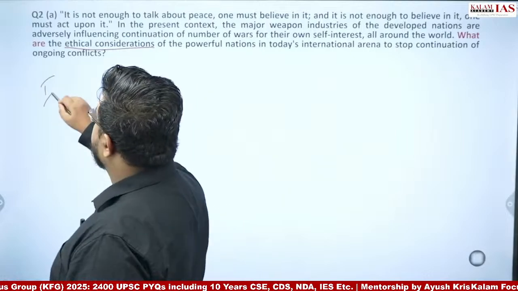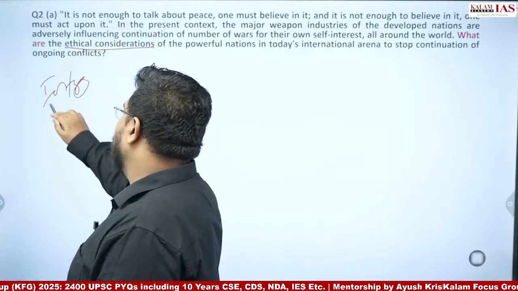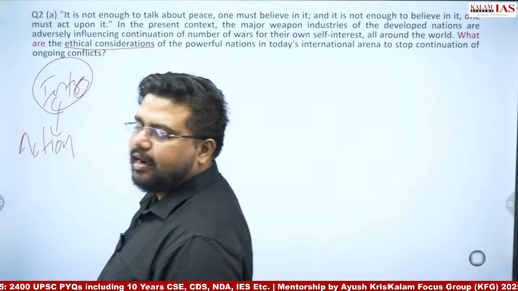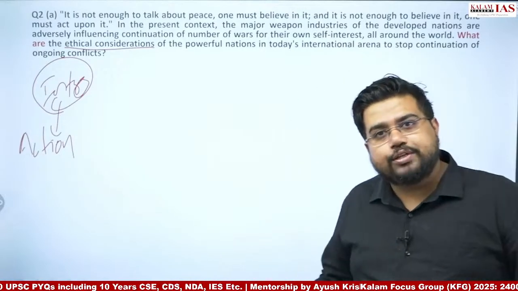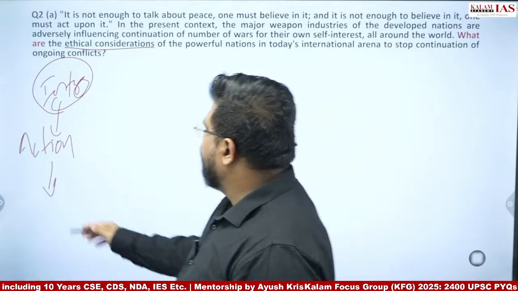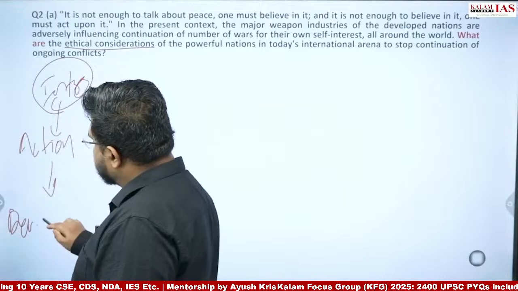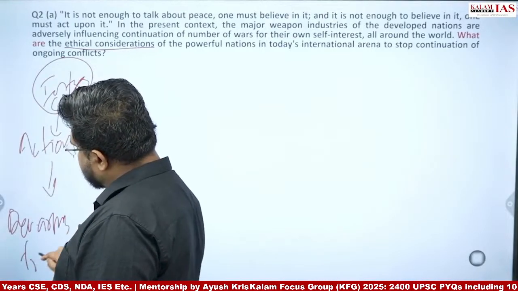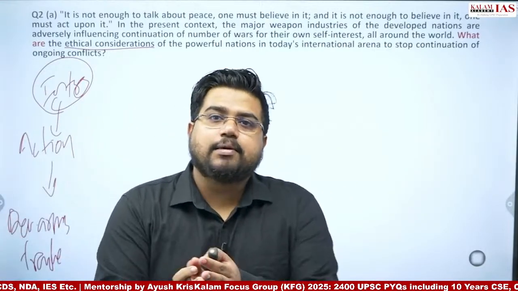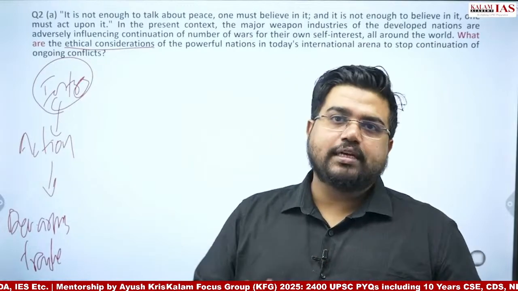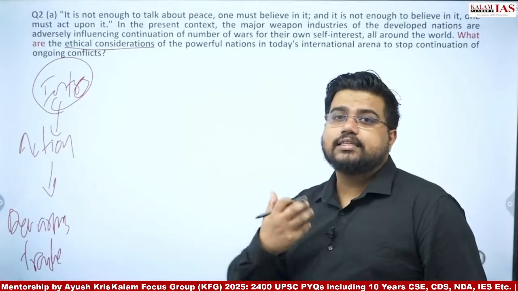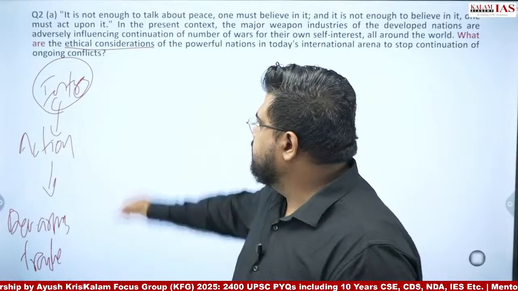Again, the intro. What am I going to write in the intro? We have two different statements. One is speaking about the importance of action. So you can give some statement related to the importance of action. Simply rhetoric is not going to help. You need to take credible actions to find results. Second, you can speak about developed countries, arms trade, and their interest in conflicts. You can give some examples. Ukraine is supplied with an unlimited supply of arms and ammunition by the US and their other Western partners. So you can write some examples and point out how Western countries are invested in other countries. So this will be my introduction.